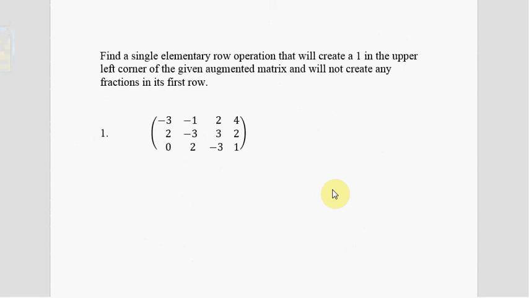elementary row operation that will create a 1 in the upper left corner of the given augmented matrix and will not create any fractions in its first row. So it says find a single elementary row operation. How many row operations do we have? 3, right? And they are, everybody like the choir. The first one,